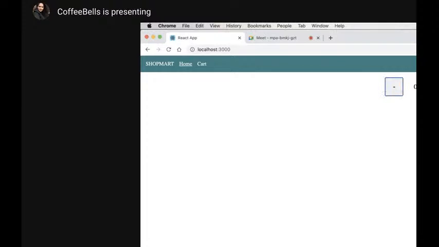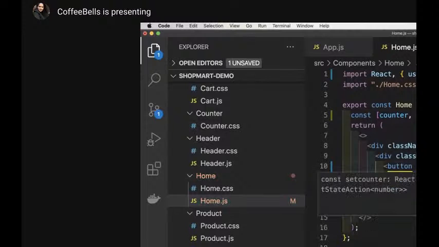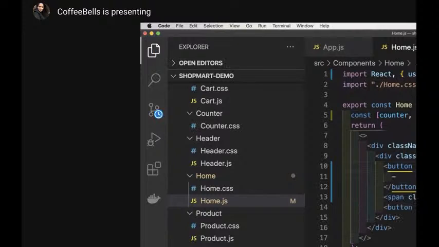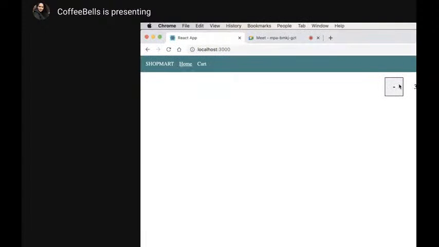What do we want to achieve? We want that when we click on it, the counter increases. So we will add it here, like this, and this is all JSX that we are writing. So we just use setCounter. And what do we set it to? Whatever was the earlier value of counter, we do a -1 to it. And that's all. Similarly, we will copy this and put it in the plus sign as well, like counter plus one. And if we demo it, we can now do this.